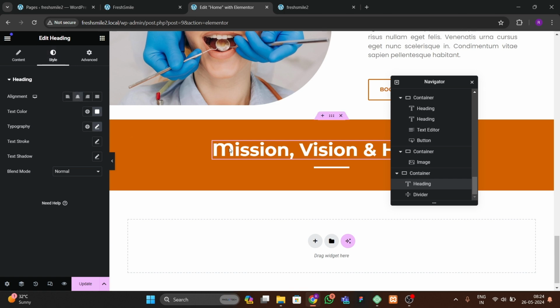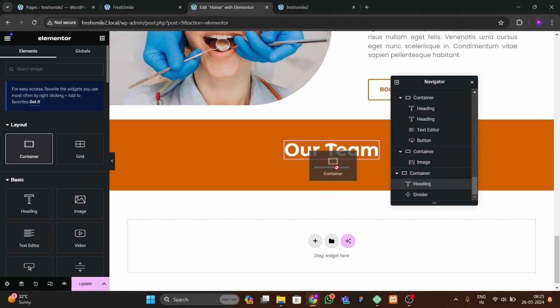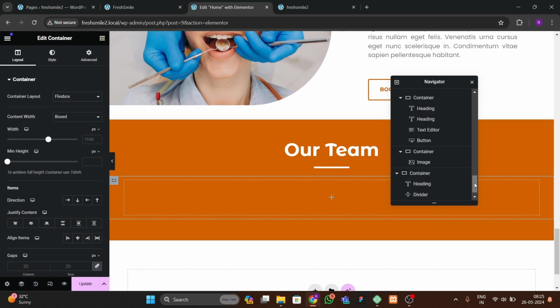Also, you can make this center from here. Okay, so now we have to write our team. So let's go to the content option, and here we're gonna write our team. Okay, now we have to make this. So for making this, what we have to do, we have to add another container below this, and